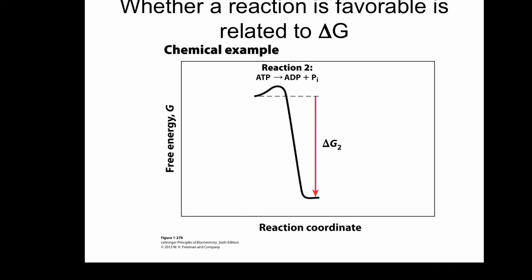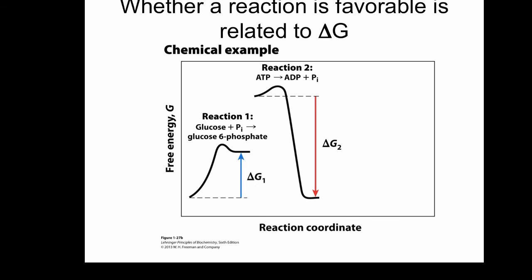So let's go back to this idea of favorability of a reaction. So here's a chemical example. Imagine a reaction which is hydrolysis of ATP, where ATP is hydrolyzed to make ADP plus phosphate. This diagram shows the reaction coordinate on the x-axis and free energy on the y-axis. ATP has higher free energy compared to ADP and phosphate, making ATP hydrolysis an energetically favorable reaction, resulting in a